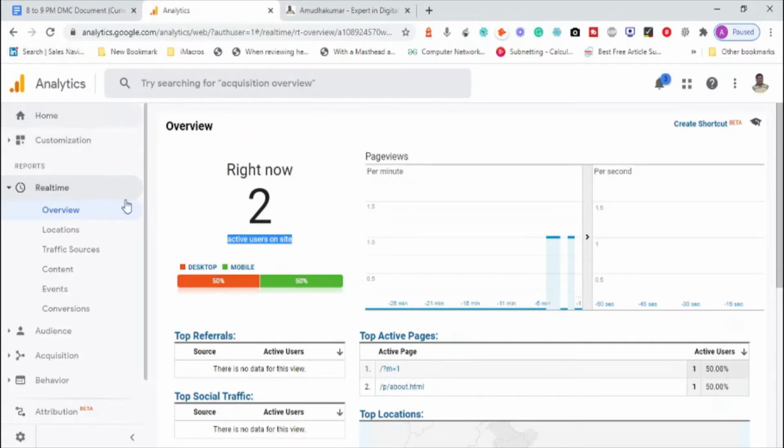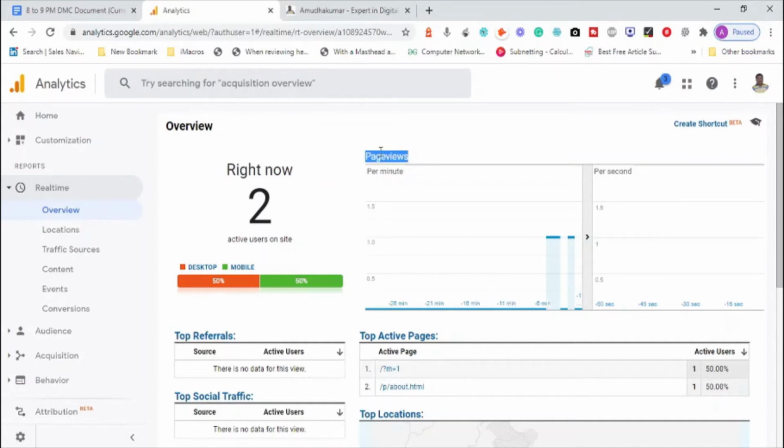Desktop means a computer and mobile phone means a smartphone, right? And this orange color is different in color, 50% different. Let me say somebody is connecting from a tablet, now there will be another color for tablet, so it will segregate. It will vary in several situations. So this is one, and you see a few metrics there: page views, and everything is per minute and per second.